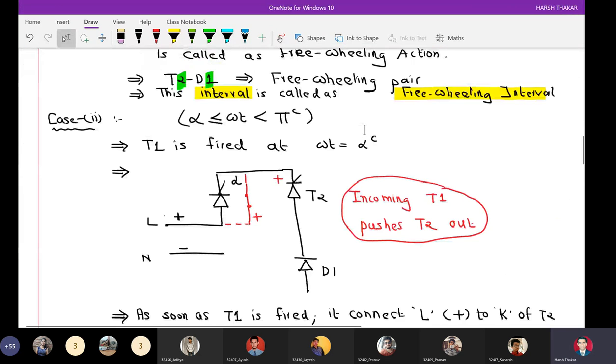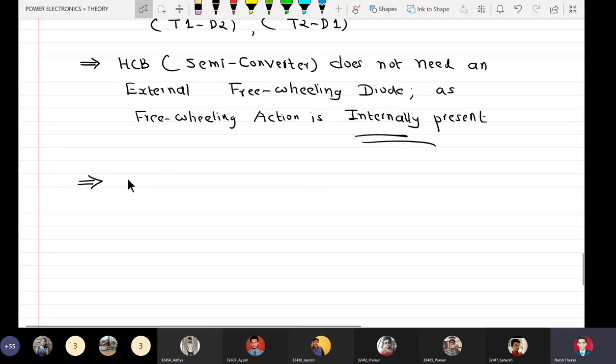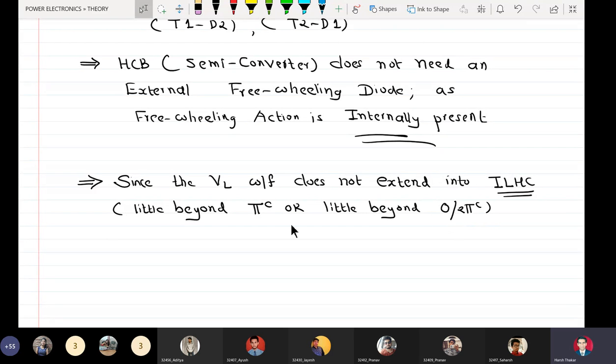I'll just add a point here that since the VL waveform does not extend into the illegal half cycle, which means little beyond pi radians or little beyond 0 or 2 pi radians,